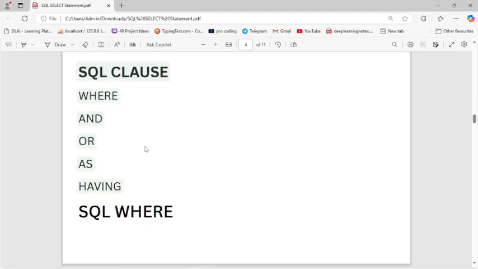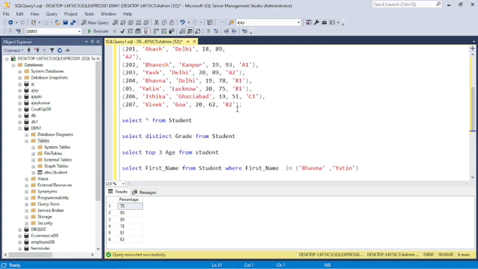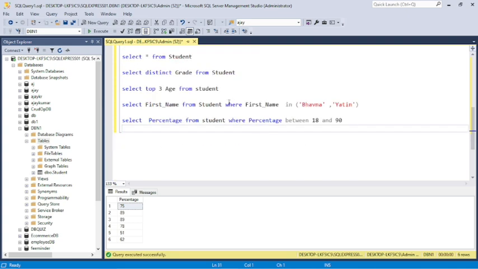These are all SQL clauses. Now let's move forward and see where each is used: WHERE, AND, OR, AS, and HAVING.